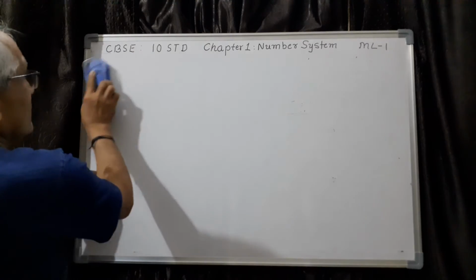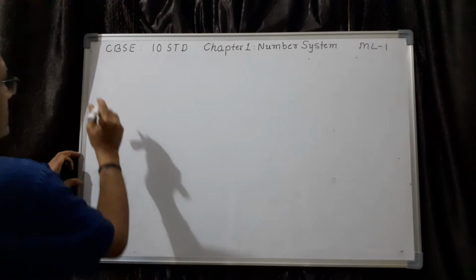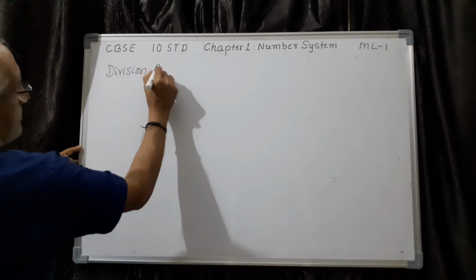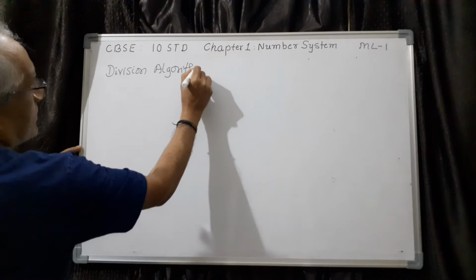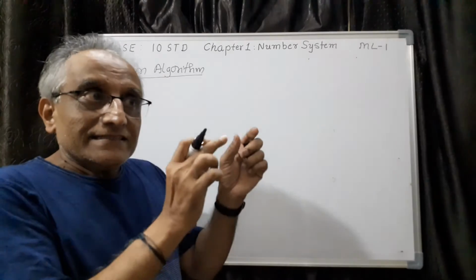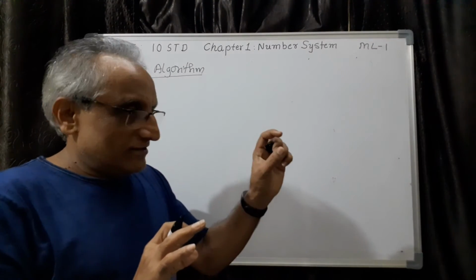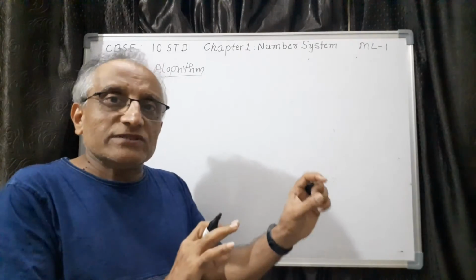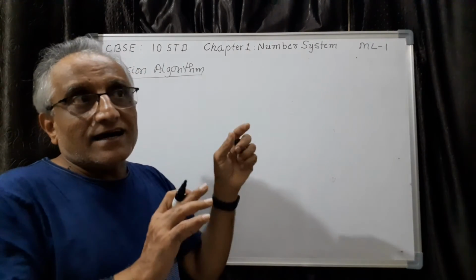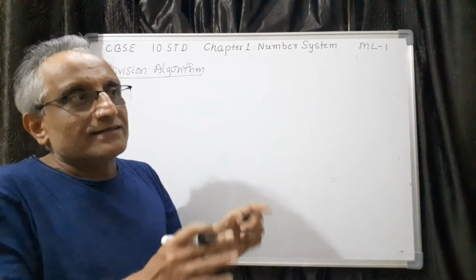That is done by using an algorithm which is called Euclid's division algorithm. So this is the name actually, Euclid's division algorithm. Now what is the meaning of algorithm? Algorithm means it is a step-by-step procedure of solving a given problem. A set of procedures to get a solution for a given problem. That means I am given two positive integers A and B. I want to find the HCF. I do certain steps, step by step, and I get the result.